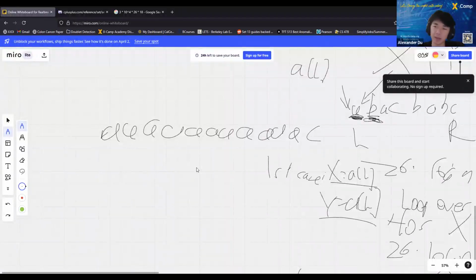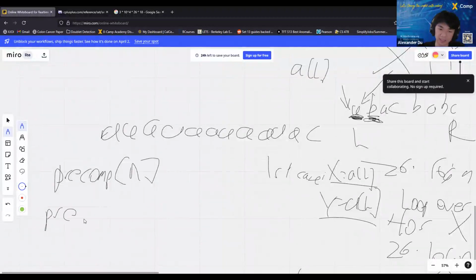And the pre-computation is not that bad. For every single starting point, you basically make a pre-comp array. For every single number, you store the index of the first letter that's not equal to the letter where it starts. It's kind of convoluted, which is why I didn't really like it. But if you think about it, it makes sense, right? So pre-comp I is just